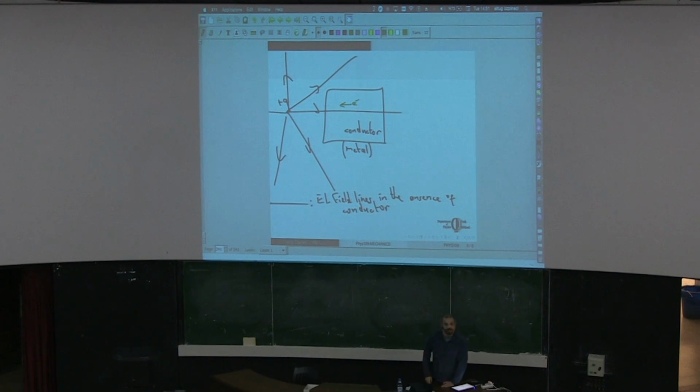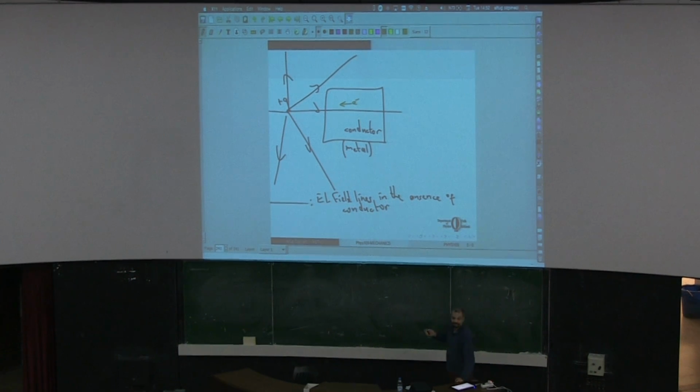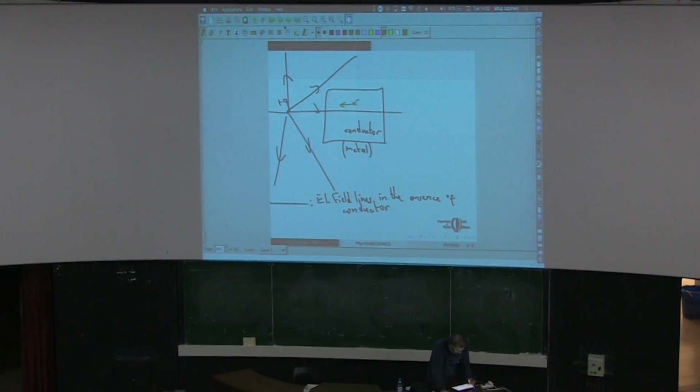Now the question is, what happens if you see the electrons will be moving in this direction, but somehow you take those electrons away and put them on the other side? Then there won't be any accumulation of electrons in this region, but that means the electrons will keep moving in that direction. And that's basically what we call a circuit. Now the device that we use to pick up the electrons from this surface and dump them on the other side is what we call a battery.